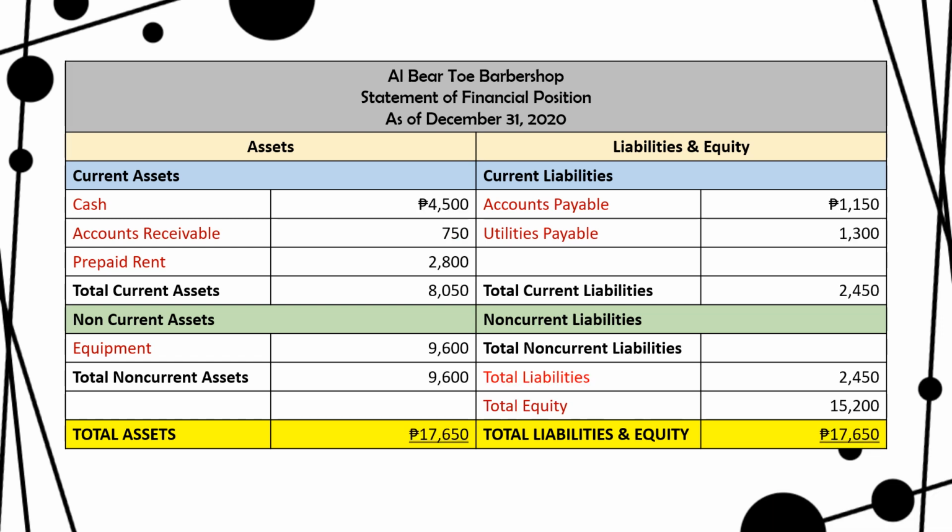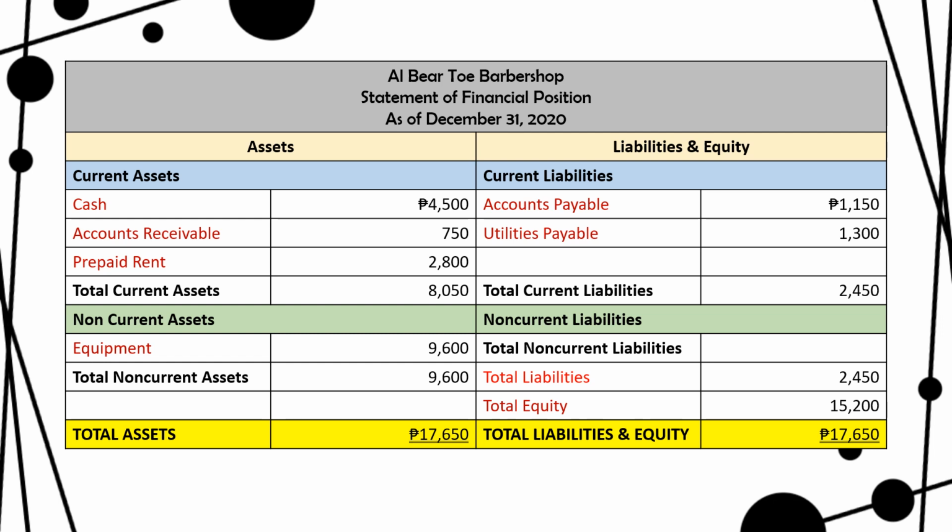For the next part, we're going to put the amount for each account. So, for the current assets, we have cash, 4,500, accounts receivable, 750 pesos, prepaid rent, 2,800. Then, combining the amounts for the current assets, we have a total of 8,050. And then, get the total for the non-current assets. That is 9,600. Combining the 2, we will have the total assets. So, pagsasamahin muna lahat ng current assets, pagsasamahin ang non-current assets, pagsamahin ang current sa non-current assets, at makukuha natin